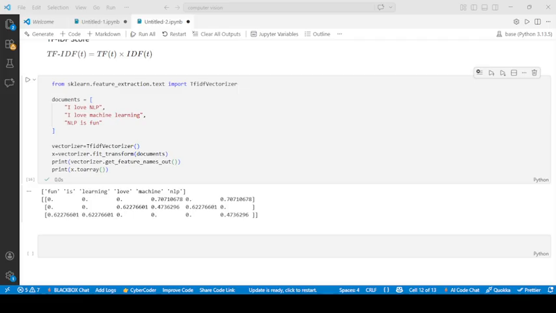Okay, and where will these kinds of things be used? Wherever you are using ranking of results in search engines, or document similarity, or text classification, or information